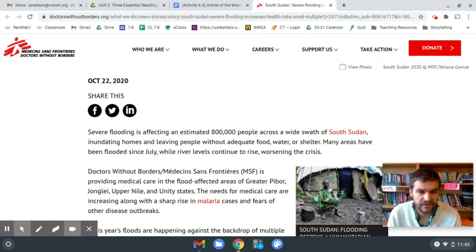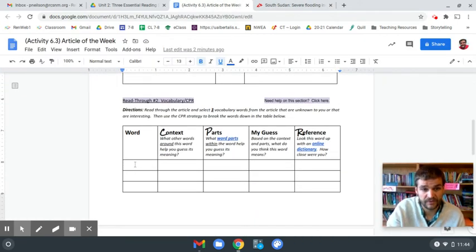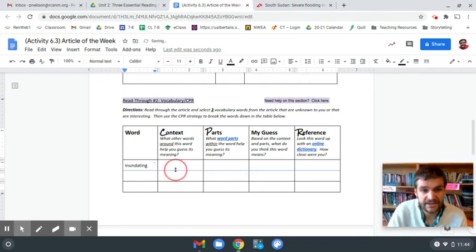Severe flooding is affecting an estimated 800,000 people across a wide swath of South Sudan, inundating homes and leaving people without adequate food, water, or shelter. Now, already in this first sentence, I saw this word inundating right here. So I just highlighted it. I'm going to Control C, and I'm going to take this word. Inundating is not a word that you hear a lot, and I think that would be a great word for us to break down. Control V, and I just put the word inundating